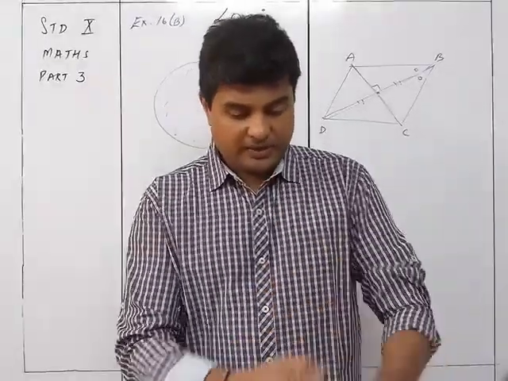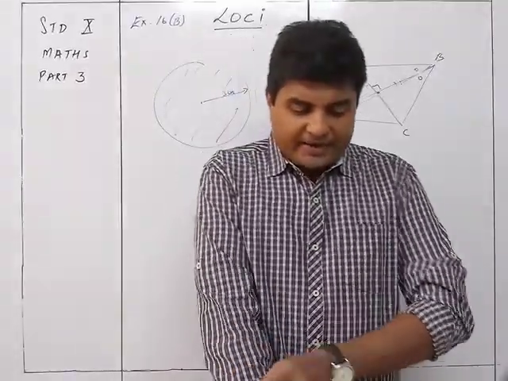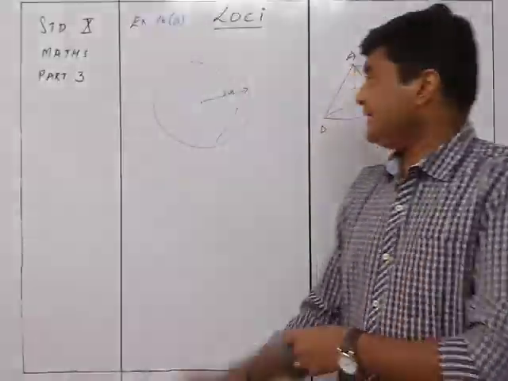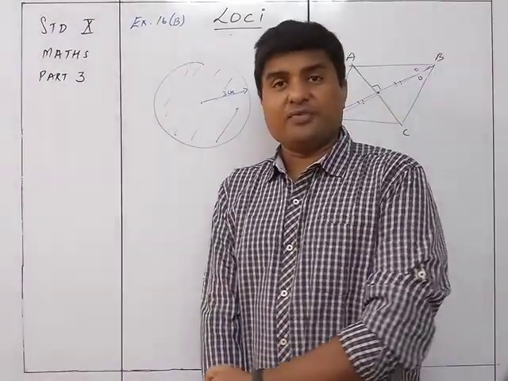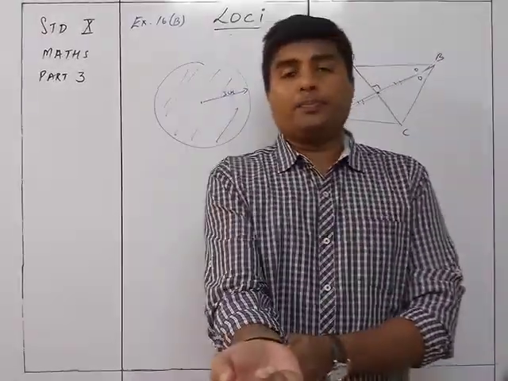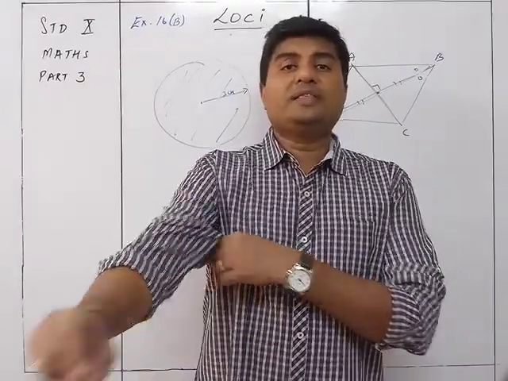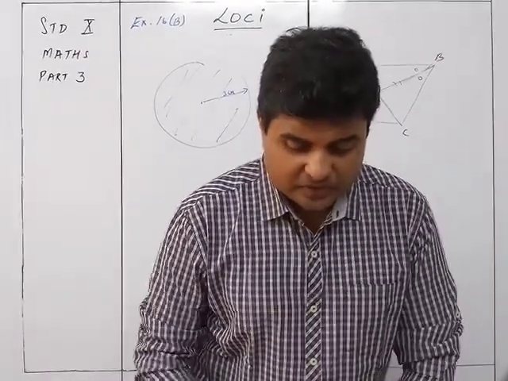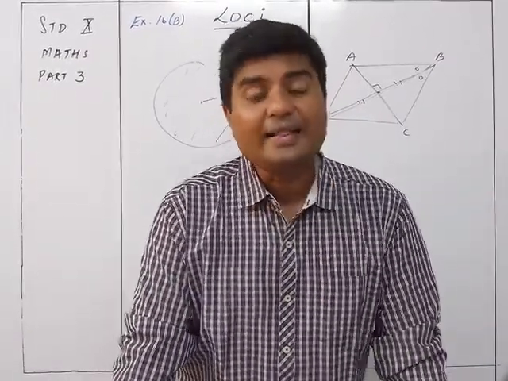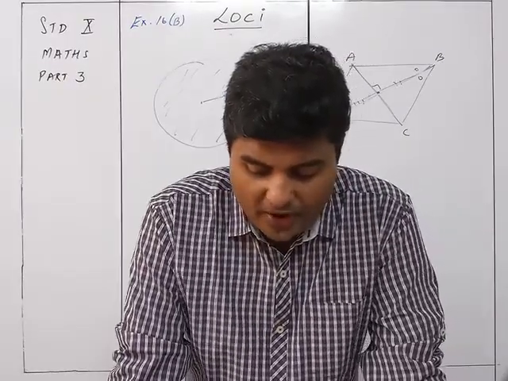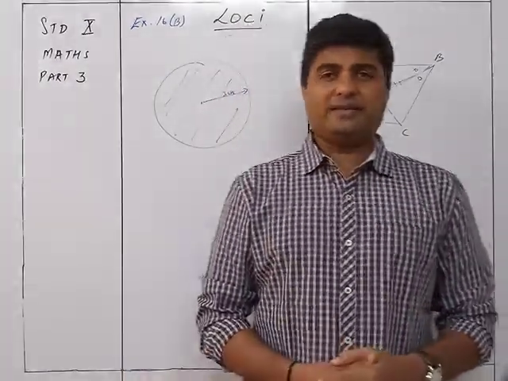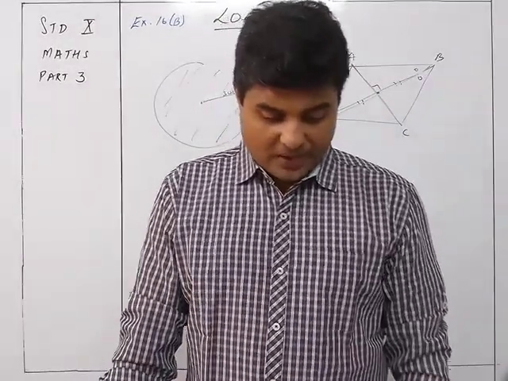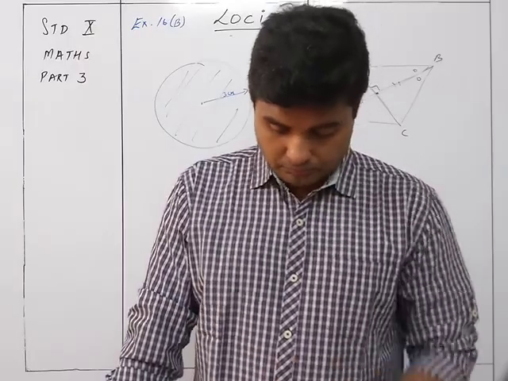Question number 3 of 15. The locus of a point at a distance less than or equal to 2.5. Now, less than or equal to: less than means the whole interior part, and equal to means the circumference also. So it will be all the points, the space within the circle as well as on the circumference of the circle. So the answer to the third one will be the space inside and the circumference of the circle with the given point as center and radius equal to 2.5 meters. So that was sum number 3.